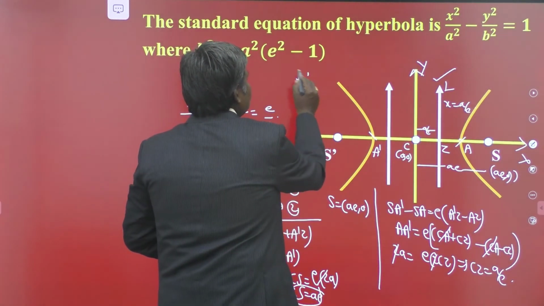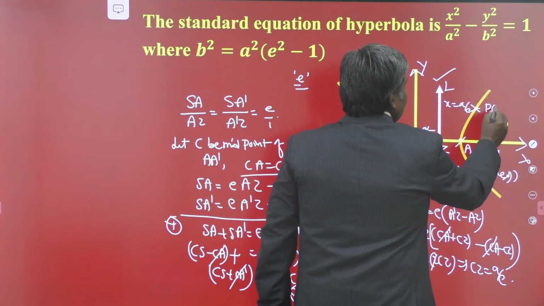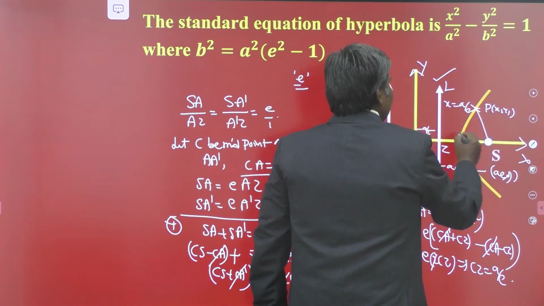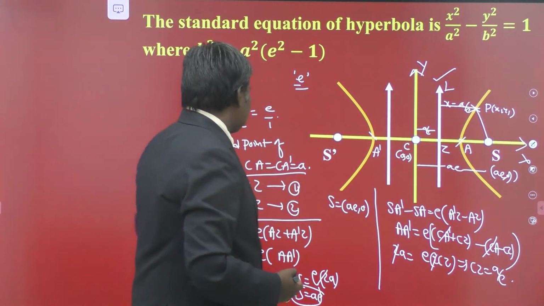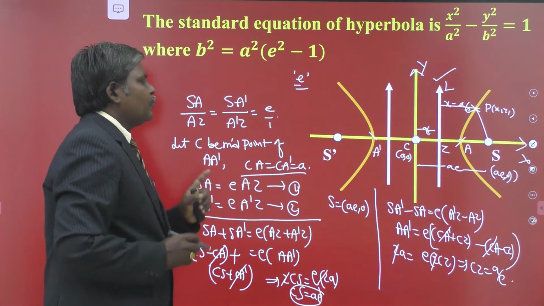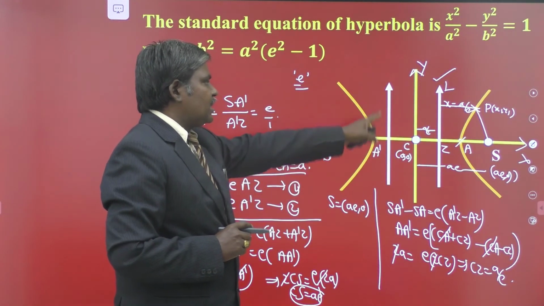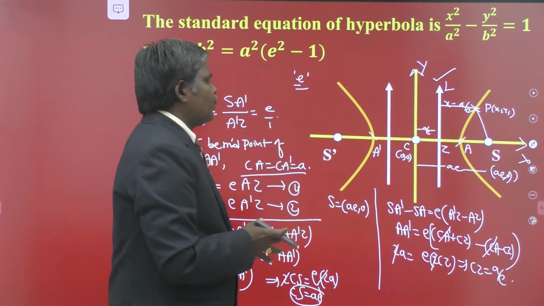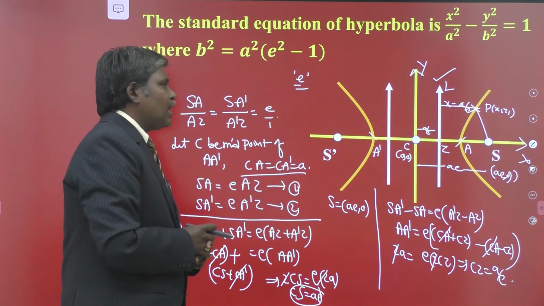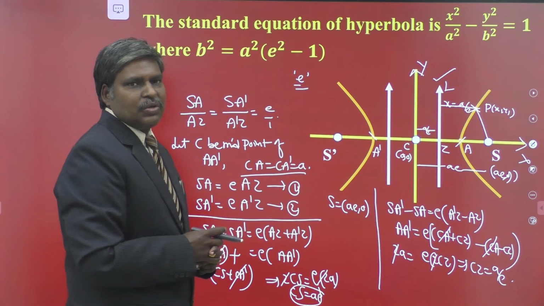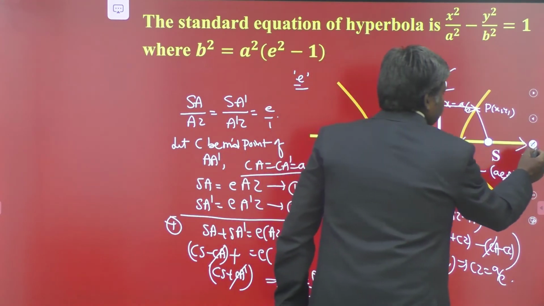What is E? E is the eccentricity of your hyperbola. So let P(x1, y1) be any point on hyperbola. By definition, SP by PM is equals to E. We have the focus and directrix. So this is the entire thing only for the construction of focus, the coordinates of focus and the equation of directrix. Once you have the coordinates of focus and equation of the directrix, we can derive the equation of the hyperbola by using the definition SP by PM is equals to E. Okay, let us try the derivation.